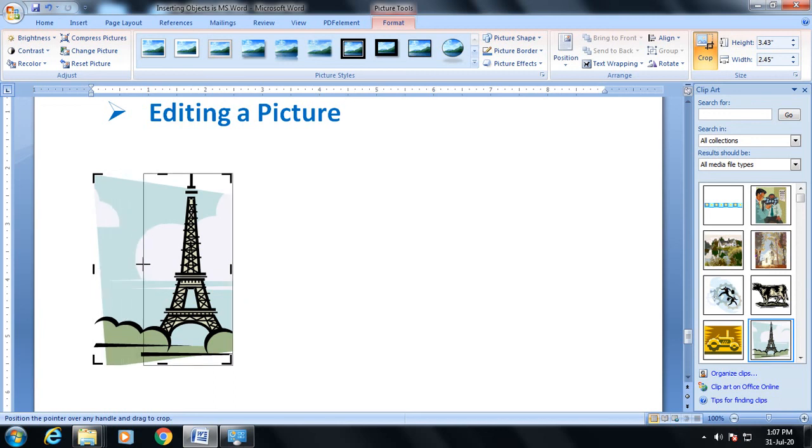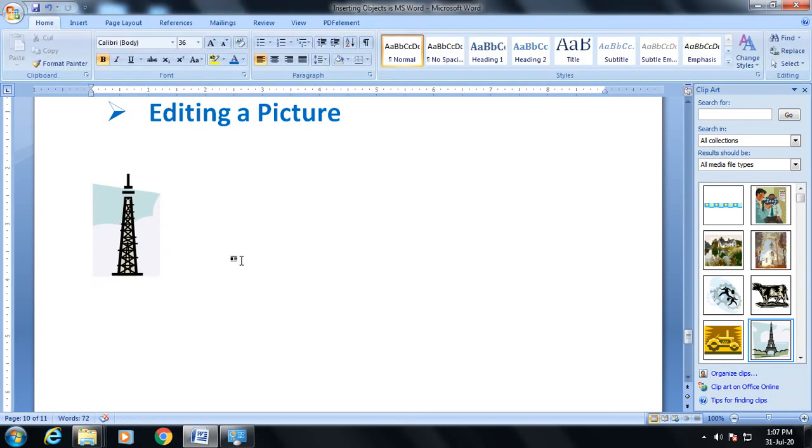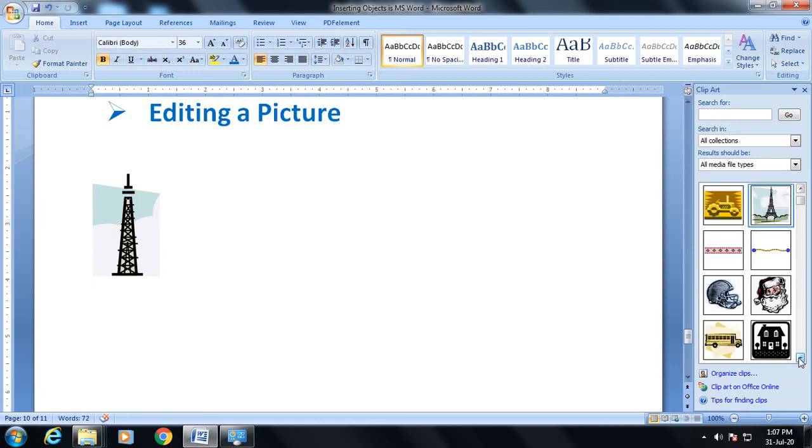In this way you can crop a particular image. To crop an image means to keep the particular part whichever you want. In a picture you can keep only a part. I want to keep only this part, so this is the crop option.